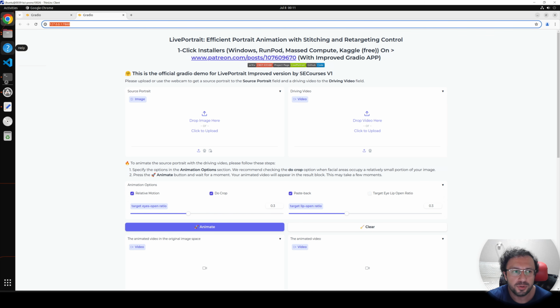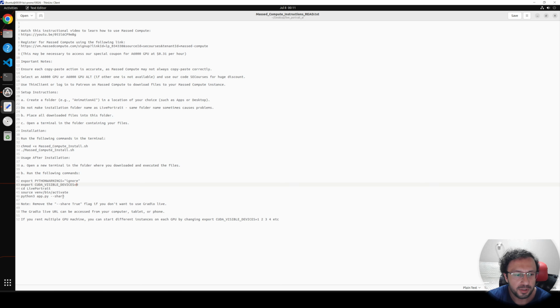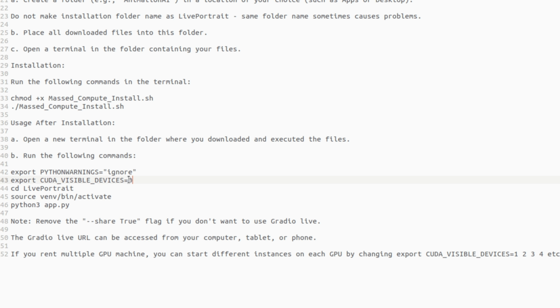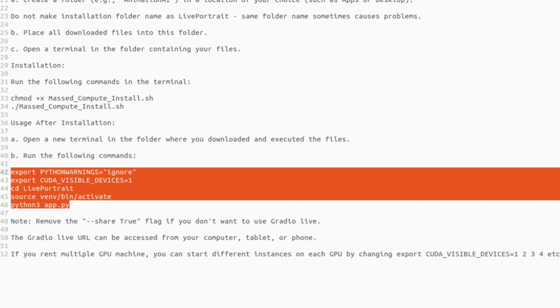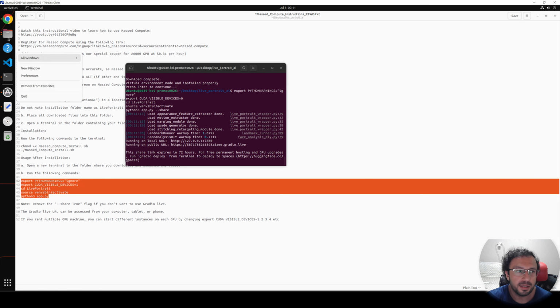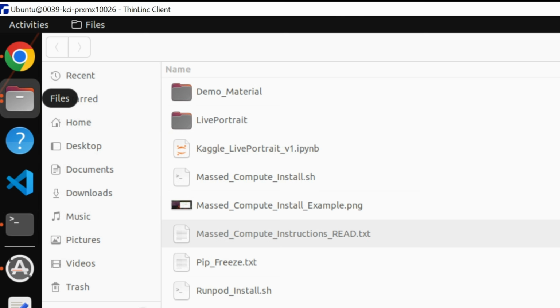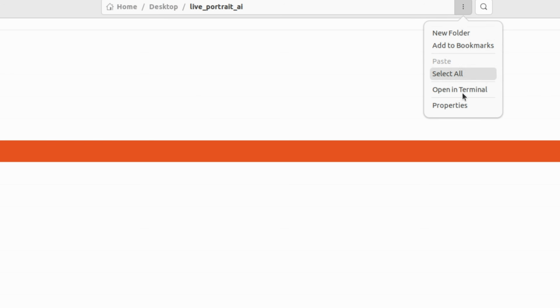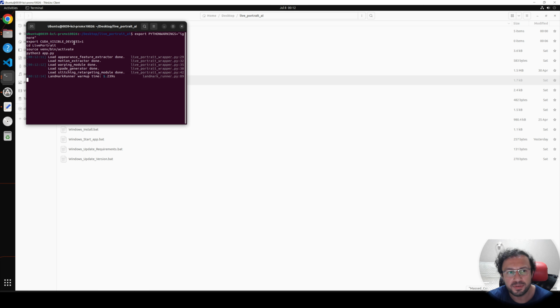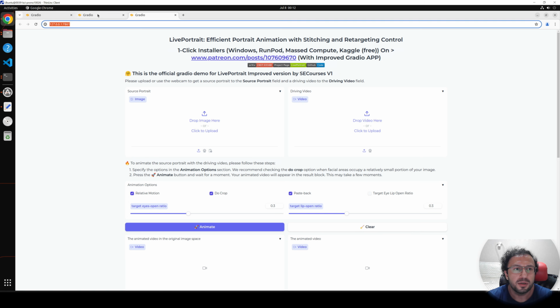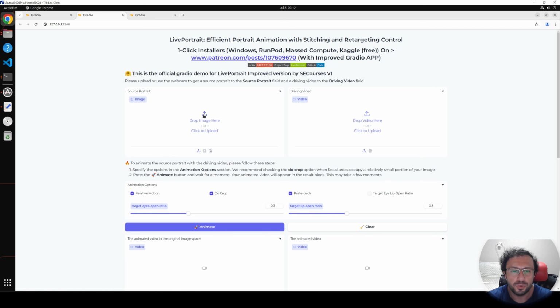If you don't want a Gradio Live share, what you need to do is just remove this share option from here, and let's make it GPU 1. So it is going to start on the second GPU. Let's copy this, and I need to start another command line interface inside this folder: click this three dots icon again, open in terminal and paste it. So this will run on the second GPU that we have on our cloud machine. How is it doing that? With the CUDA visible devices argument, it is limiting the visible CUDA devices for the program. Okay, so two applications started on both GPUs.